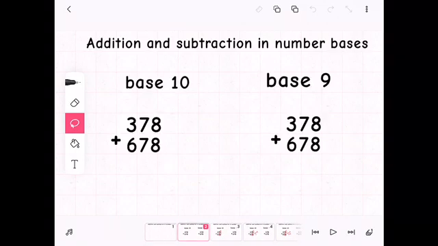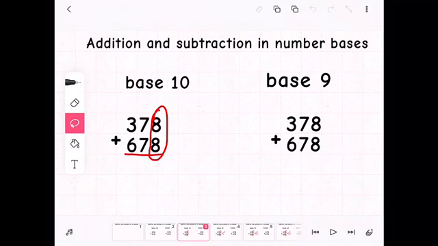For addition in number bases, we just need to recall addition in normal base 10. Base 10 is what we are used to. If you have not seen our first video on normal bases, you can check it out in the link in the description below. For base 10, as we are used to, we are going to add the numbers 378 and